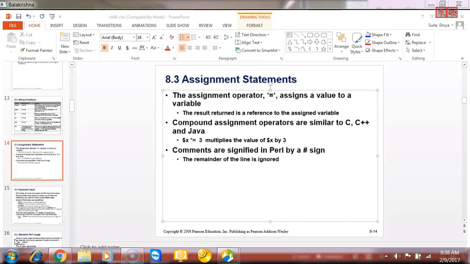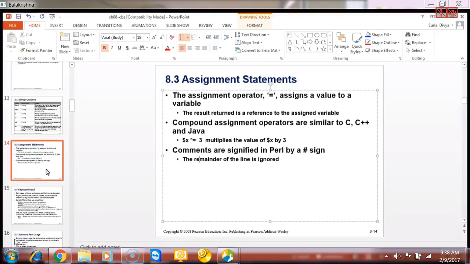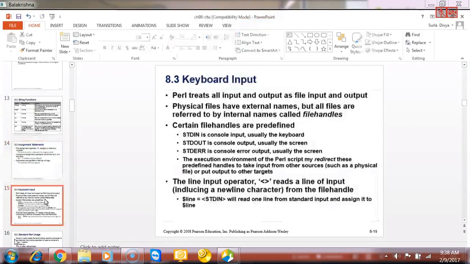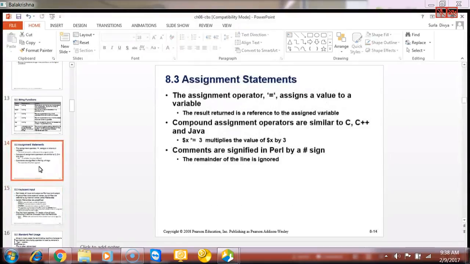Two numbers, something like this. So what I mean to say here is the catch: the hash symbol that we are using here is used for writing comments. Whenever you want to write very good programs, the good programmer style is that he should always provide comments along with his code, so that others reading it will find it easy to understand. If you do not have comments, then that's not a good programming style.